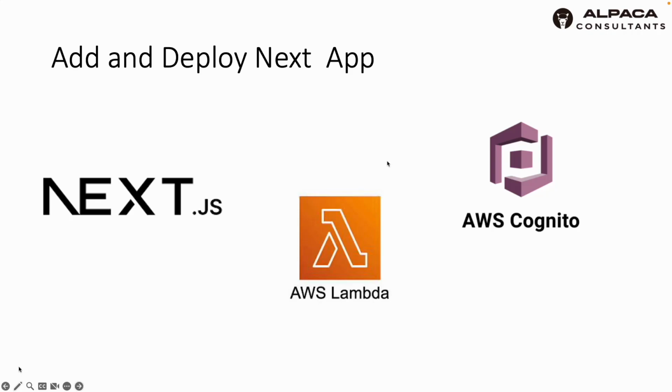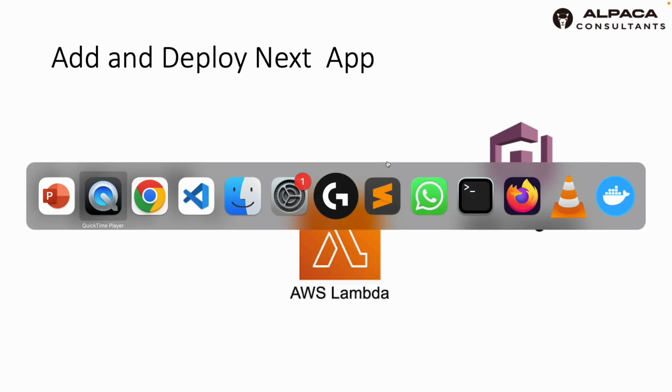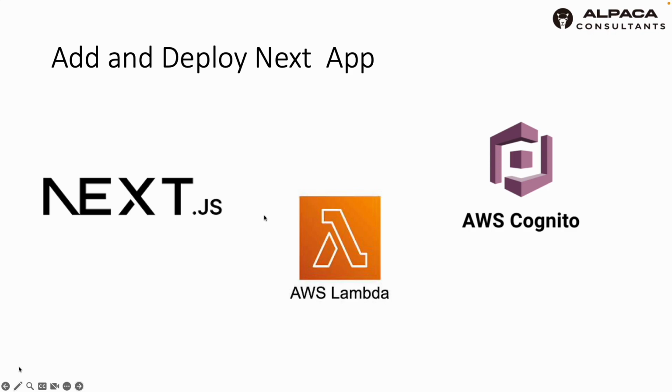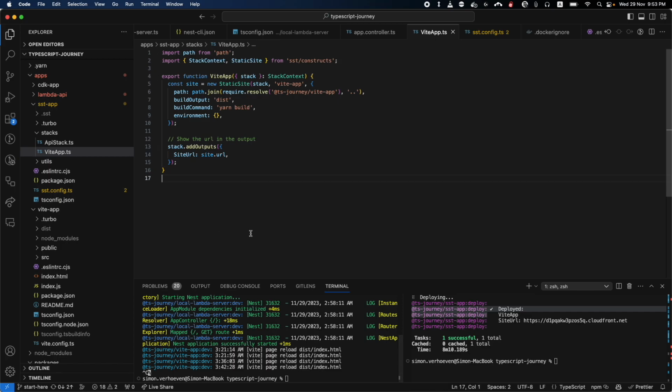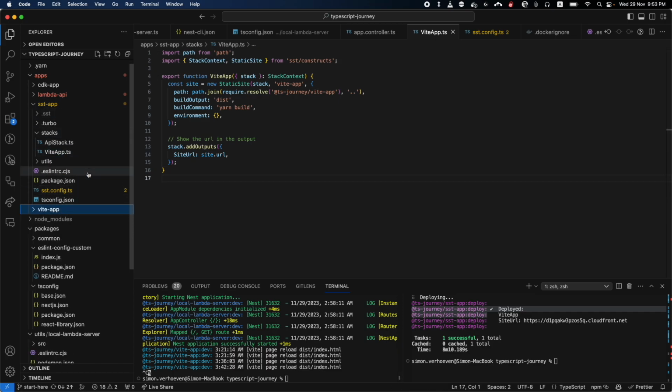Okay, so next we're going to add a Next.js application into the TypeScript mono-repository. And in a later section, we're going to deploy this Next.js application to AWS using SST and OpenNext. But for now, let's just have a look at creating a new Next.js application inside our